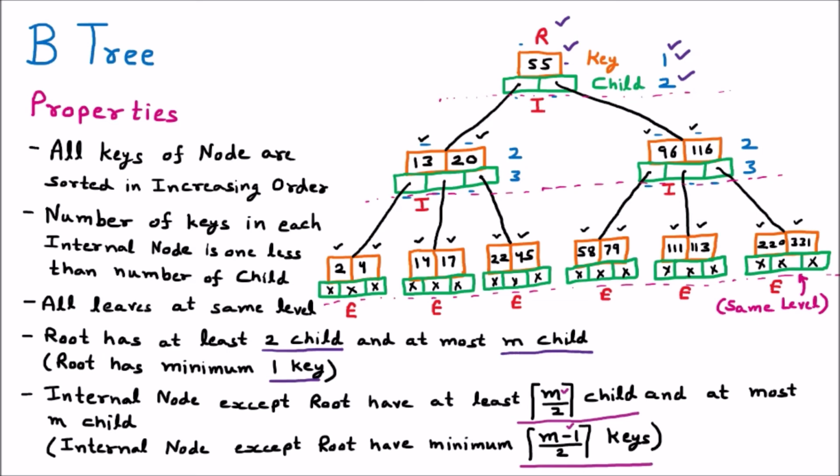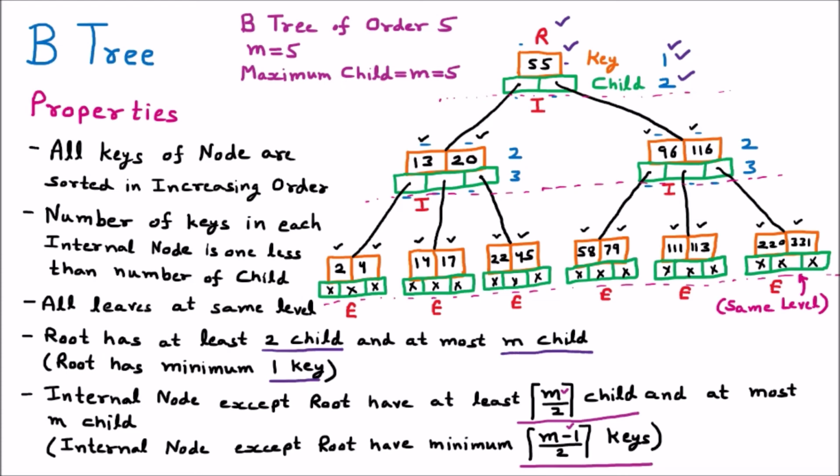Now we are going to understand the property with the help of an example. We have the tree here. Let us suppose that this tree is the B tree of order 5. Whenever we have order 5, we should understand that the value of m is 5. That means the maximum children that can be in this tree is 5. So maximum child is equal to m, which is equal to 5. Any node here can take a maximum of 5 children.